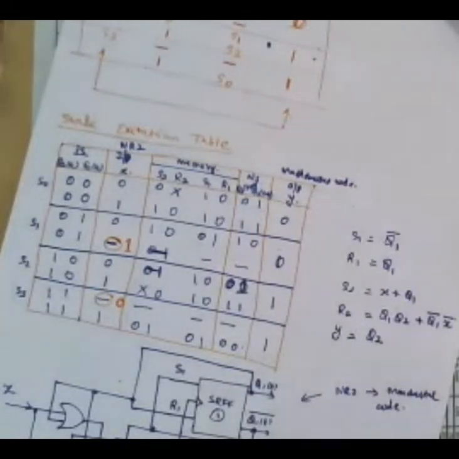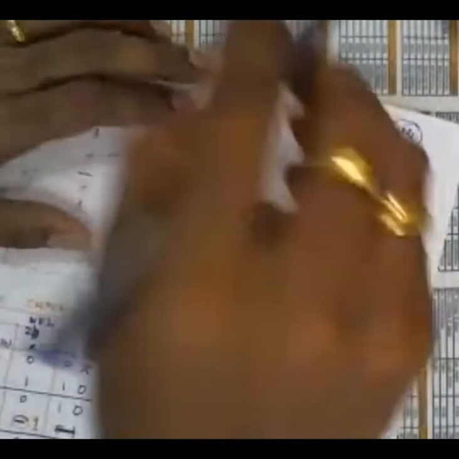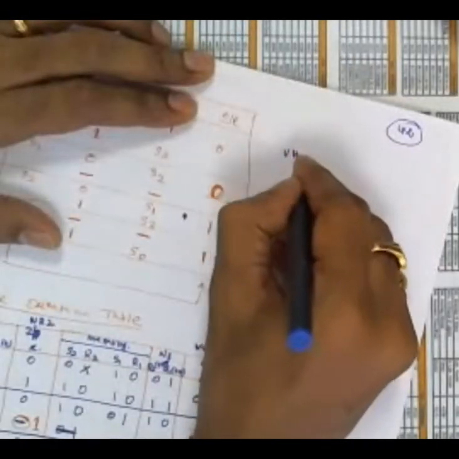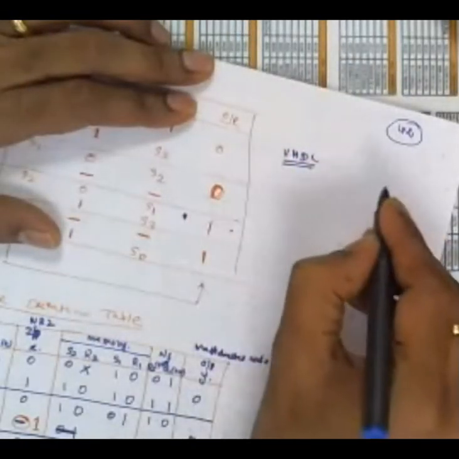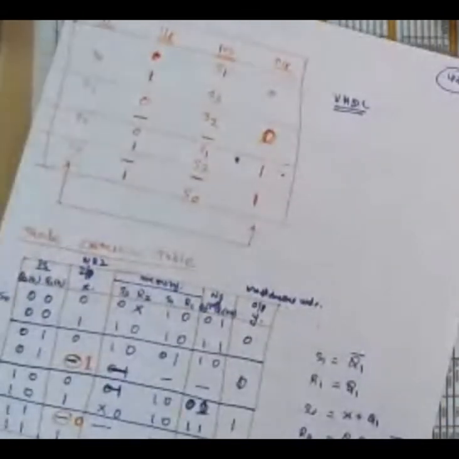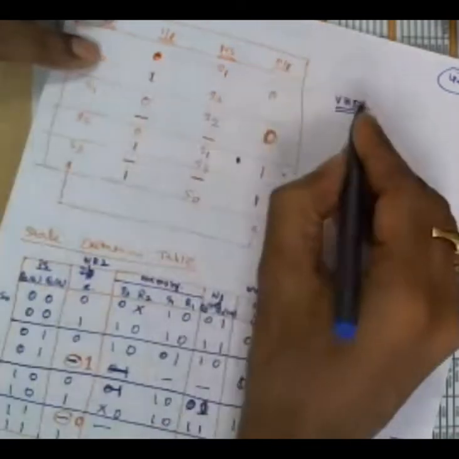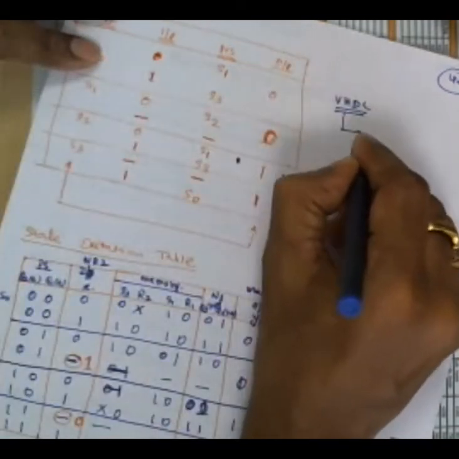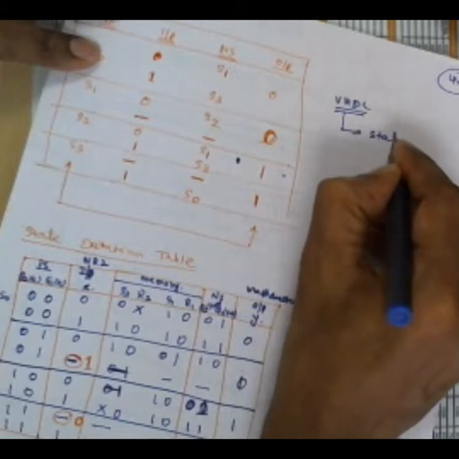But now in VLSI technology, particularly in VHDL implementation, we no need to worry about the state table, state assignment, state excitation table, replacing the variables by binary assignment, applying the Karnaugh map, and implementing the equation. Nothing is required now. What you need to do first is draw the state diagram.